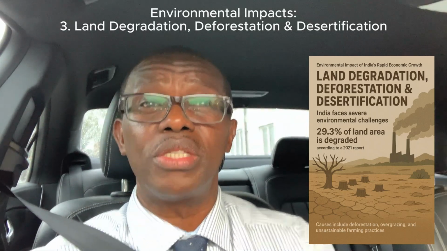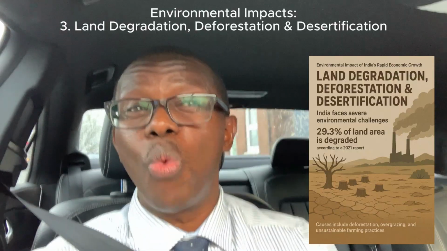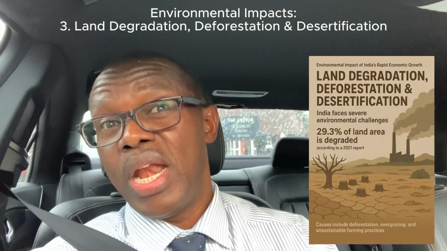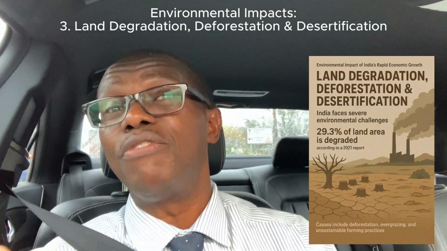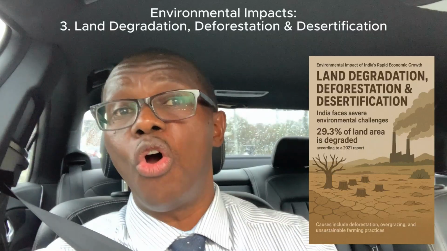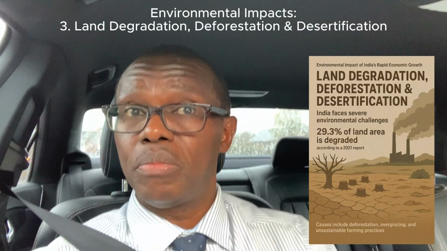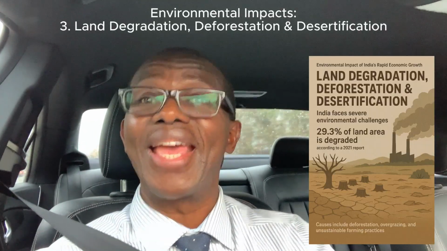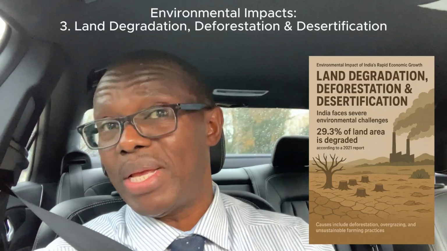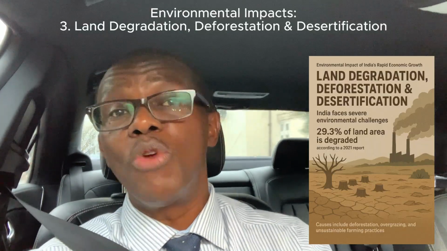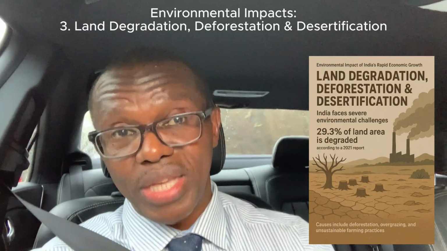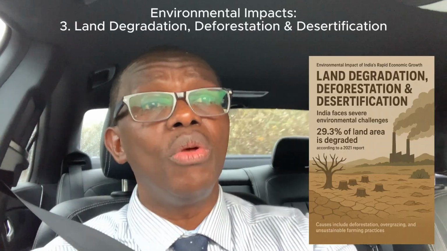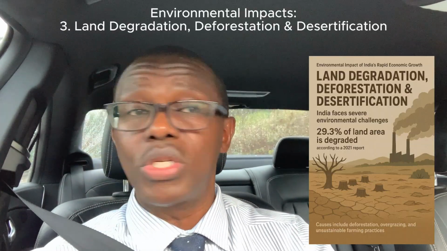So the cutting down of trees, it's being done in order to make way for urbanization and also to make way for farming. Now, we know that if there is deforestation, then there is no cover for the soil. And if there is no vegetation cover for the soil, then again, it's going to be left exposed to the elements. So wind and rain, which then means that erosion rates are also going to go up. And those erosion rates are obviously leading to the desertification that we have talked about.